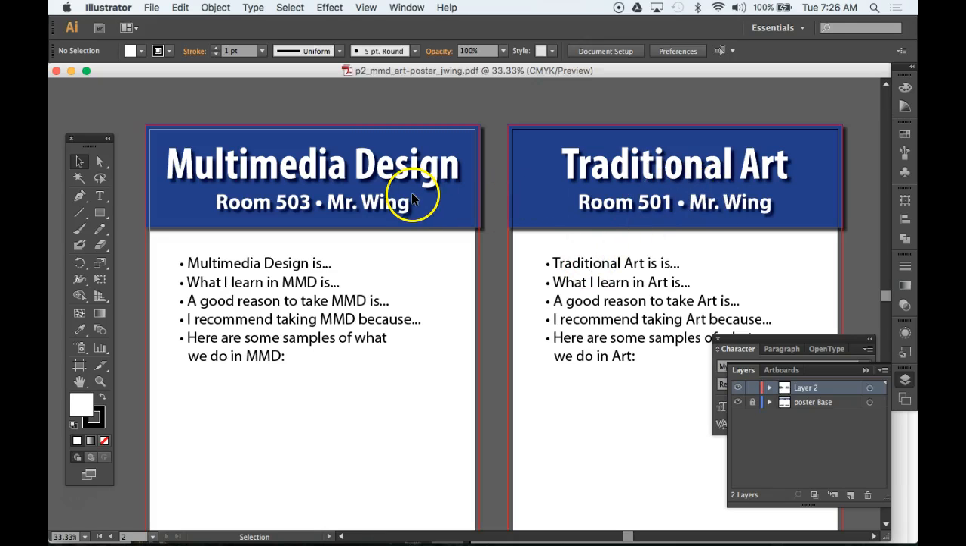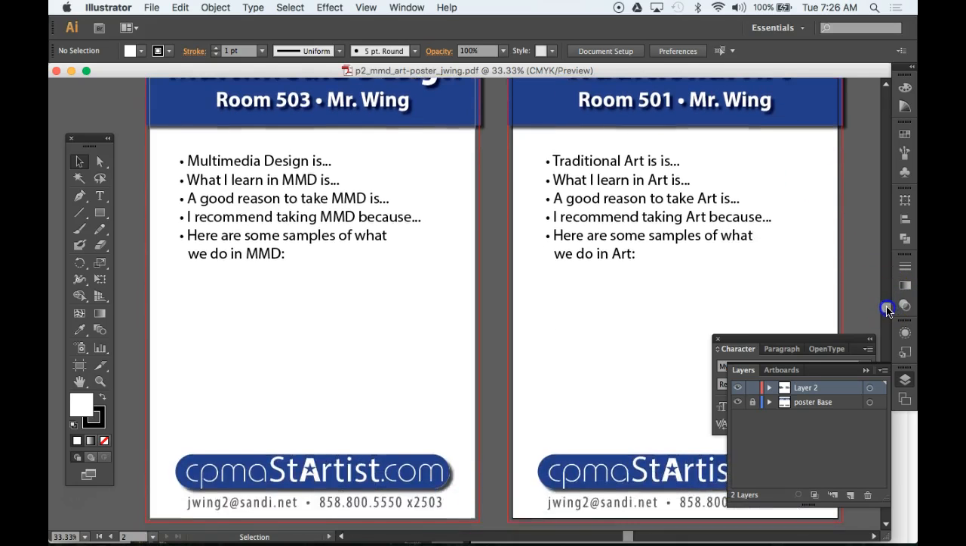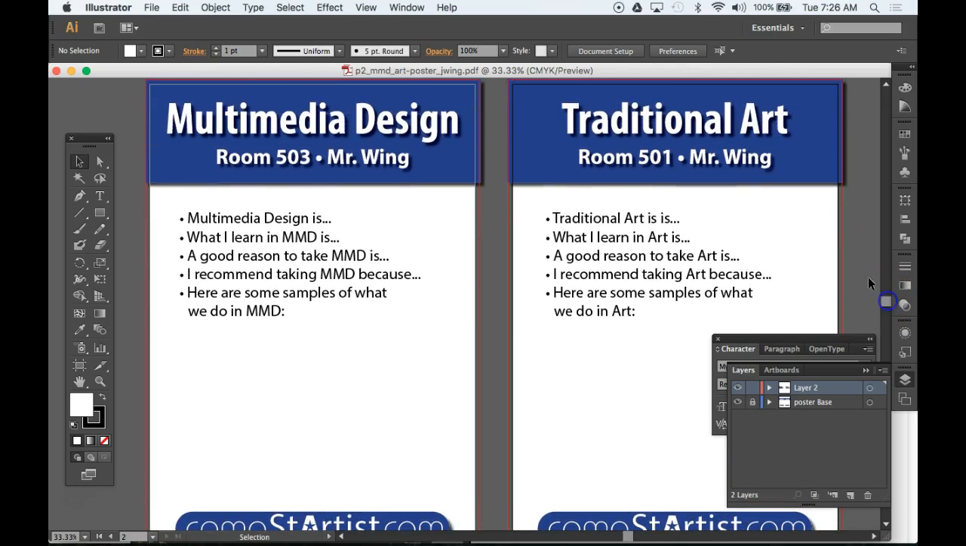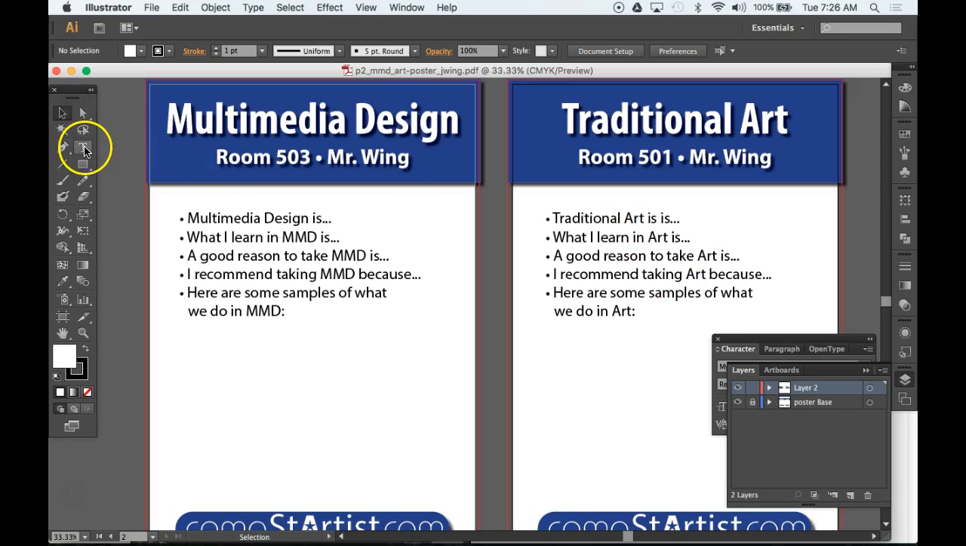Notice there are two posters here. One is for multimedia design, one is for traditional art. If you don't have me for traditional art, don't worry about this one. If you've had traditional art before and you can access samples of your work, you can use this one as well. Basically, all you're going to do is click on the text tool,